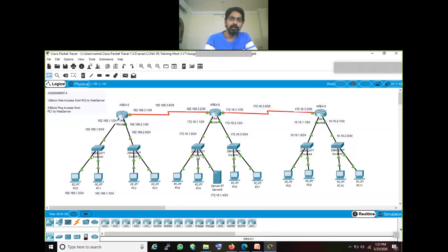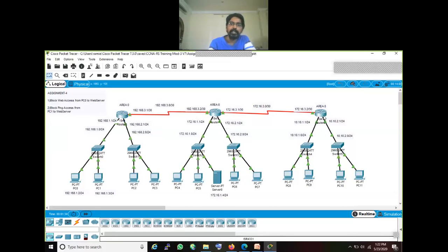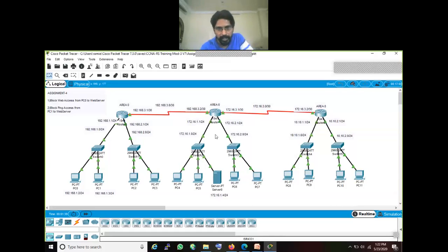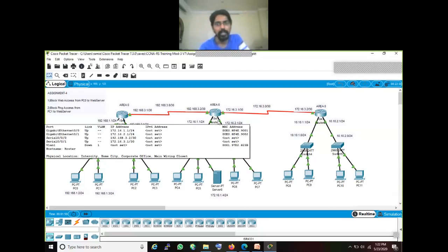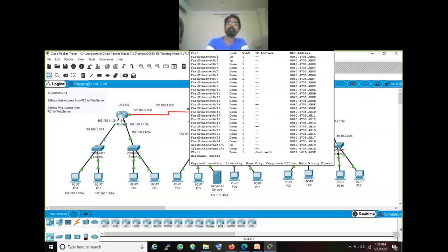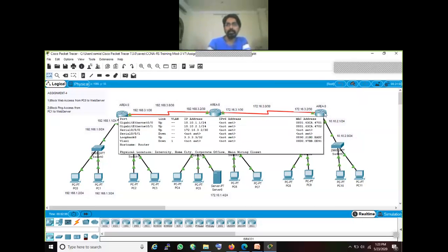So first observe the middle router. The middle router is connected to two different routers, right? The middle router is directly connected to the networks right below it. Those network addresses are the 172.16.1 and 172.16.2 series, right? So these two networks are directly connected to the router. Next, what are the networks remotely connected to this middle router? Observe the right-hand side networks 10.10.1.0, 10.10.2.0. These are the remote networks connected to the middle router via this third router, right?